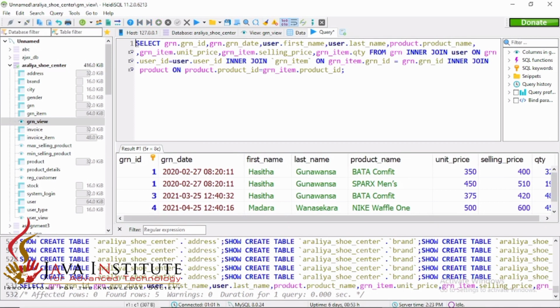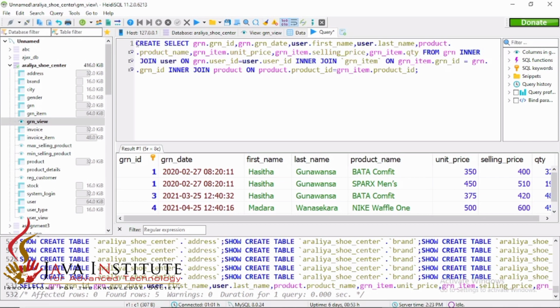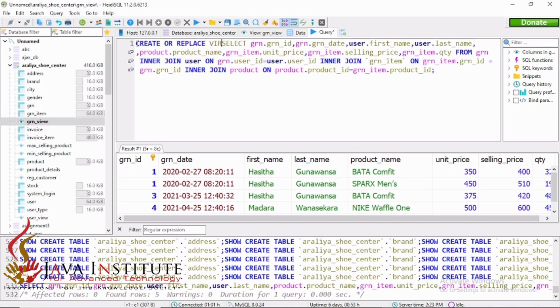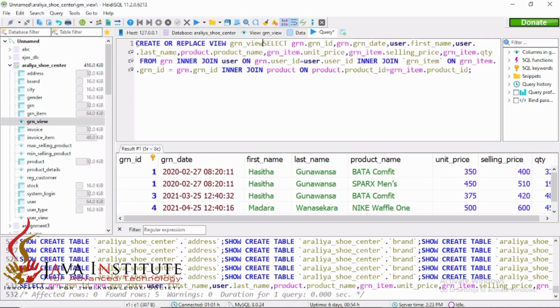And we have to create or replace the GRN view we have created above. So I have to modify the query in order to update the view as create or replace view GRN view as. Okay, so then I'm going to execute this.